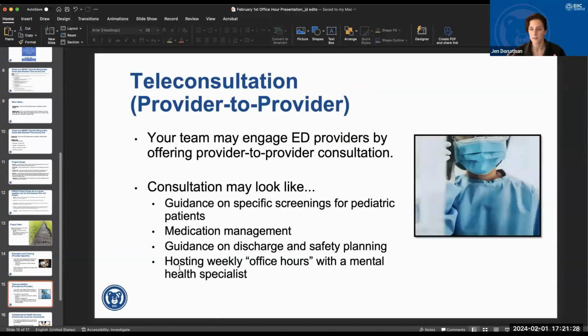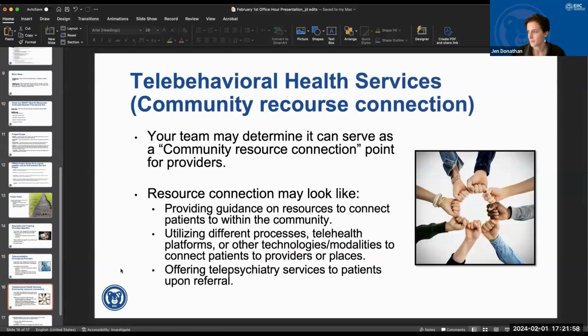We also have a teleconsultation path. Again, provider to provider, these are the teleconsultative services that you're offering. A provider can call in and ask questions of your team. Consultations can look like guidance on screening, specific screening preferences for pediatric patients, medication management questions, maybe any guidance on discharge and safety planning. Again, that telephonic or telehealth model of offering consultation services to ED providers. And then the final one,